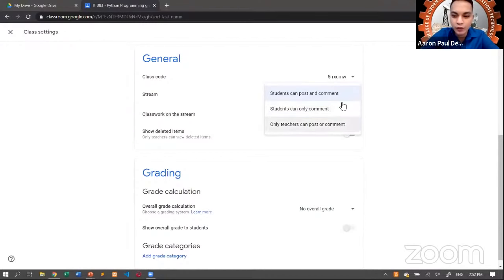So we have here options. Again, our first option is the default, which is students can post and comment. So another option we have is we could limit the students na hanggang comment lang po sila. So ibig sabihin, hindi po sila makakapag-post sa ating stream. So I think this would be better para po ang nakikita lang natin sa stream ay yung mga post lang po ni teacher. But of course,